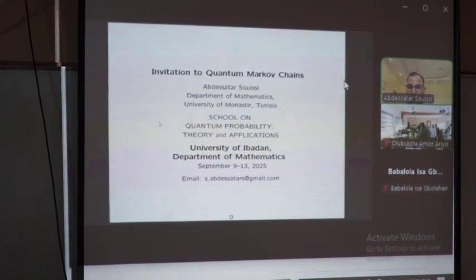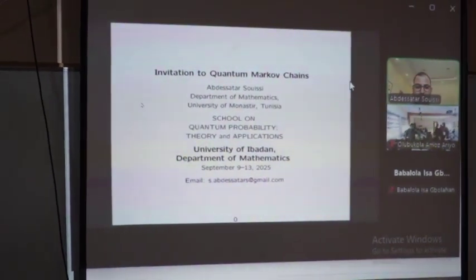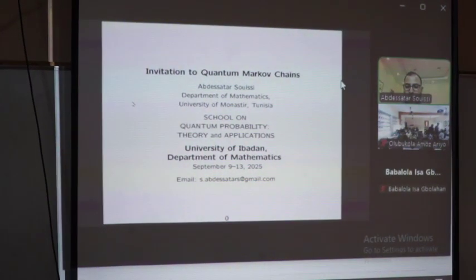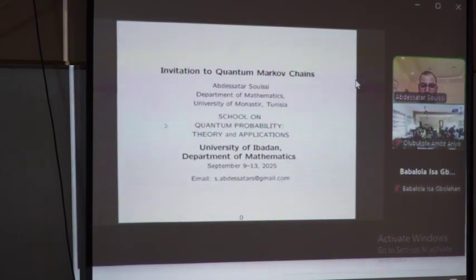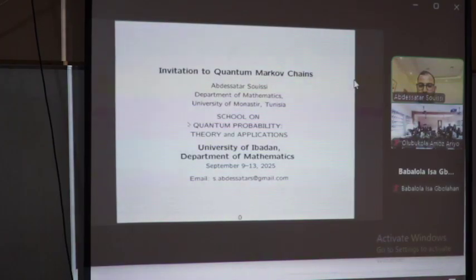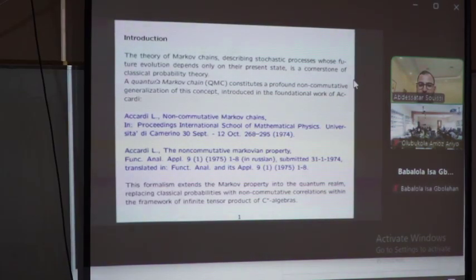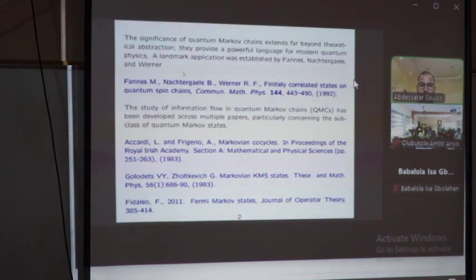To present the necessary tools to define quantum chains, which is indeed the sharp intersection between operator algebras and probability in classical mathematics. Quantum chains were introduced by Professor Ezekiel in his PhD thesis in 1974, and then developed by several authors, and it turns out that it's quite useful in several areas,